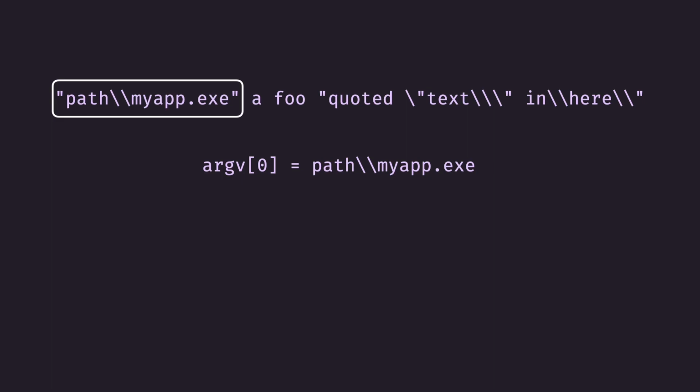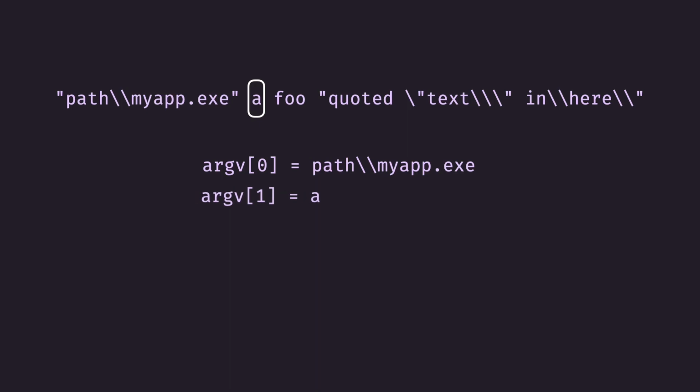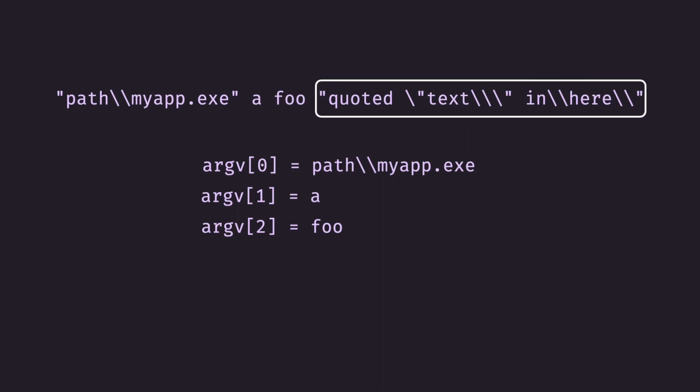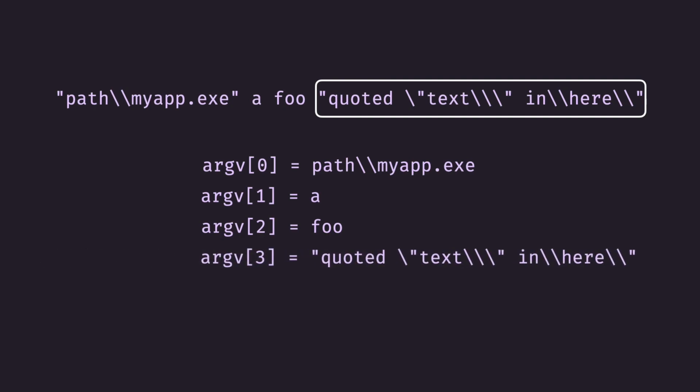same text. Then after each space, a new argument begins, and in this case we just have a single character argument called a, so we're going to put that as the second item in the argv array. Then after that white space, it's followed by a 3-character argument called foo, so we're going to put that into the third slot of the argv array. And then the last argument is a quoted argument. This is where the special rules come in. So this would be put into the fourth slot of the argv array, but I just want to talk about